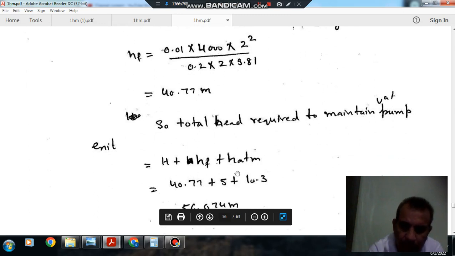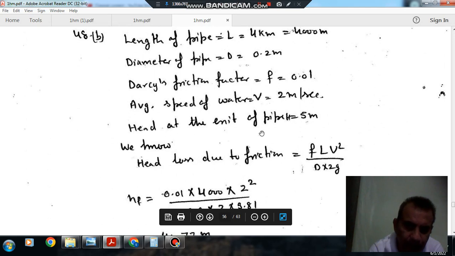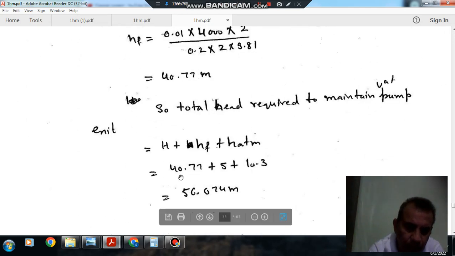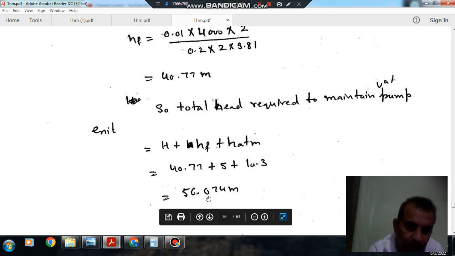And at the exit there is atmospheric pressure. So head loss in pipe is this 40.77 meter, and head at the exit of the pipe is 5 meter. So that is the total head at the exit of the pump. Because this is the head loss in pipe 40.77, and this is the head at exit of the pipe, and at exit the pressure is atmospheric, so that is 10.3. So total head that is required to maintain at the pump exit is 56.074,